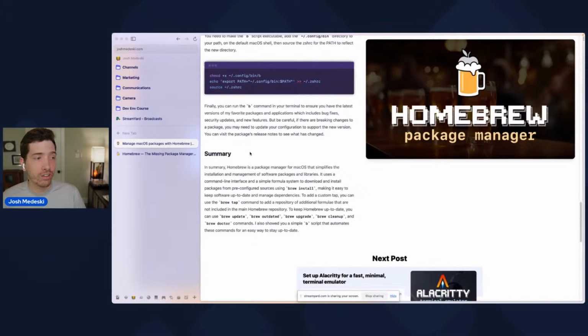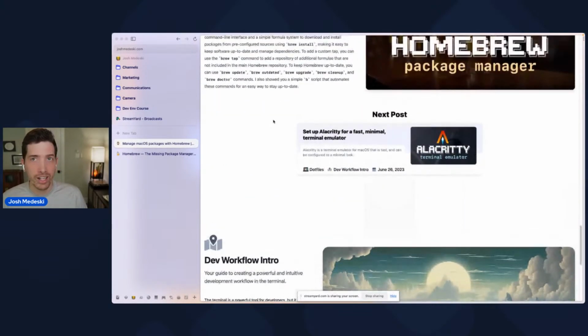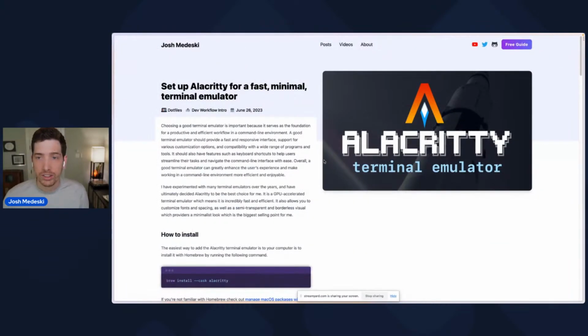I think it's really helpful to run that script at least a couple times a week to make sure I have everything up to date. And of course, I automated it with the script, and that's Homebrew. Let me know if anyone has questions, but we're going to talk about Alacritty next. There are so many terminal emulators,